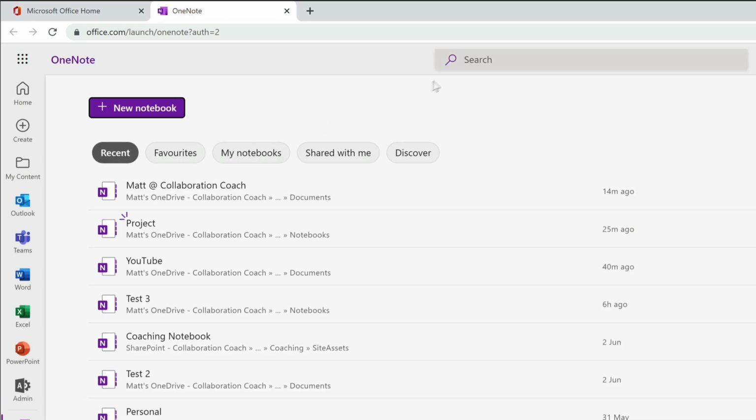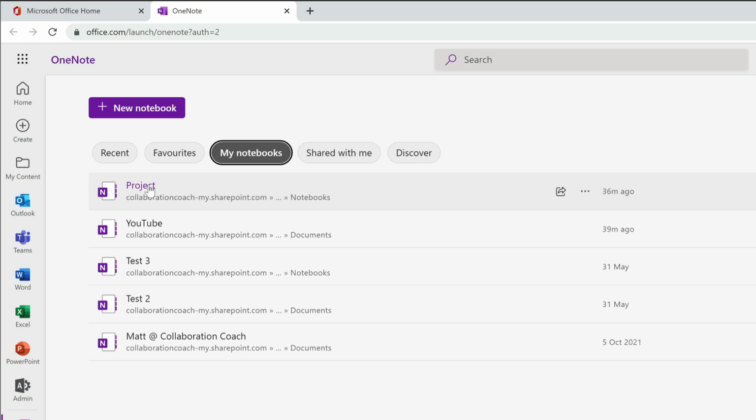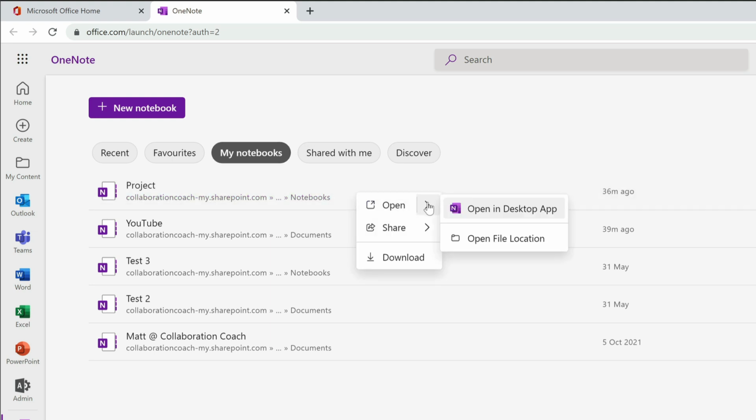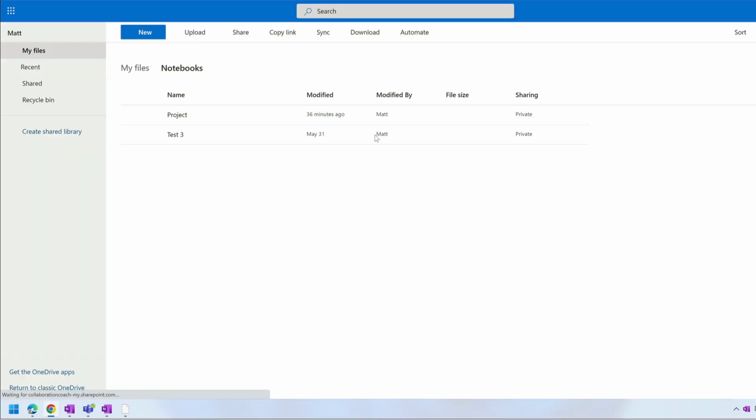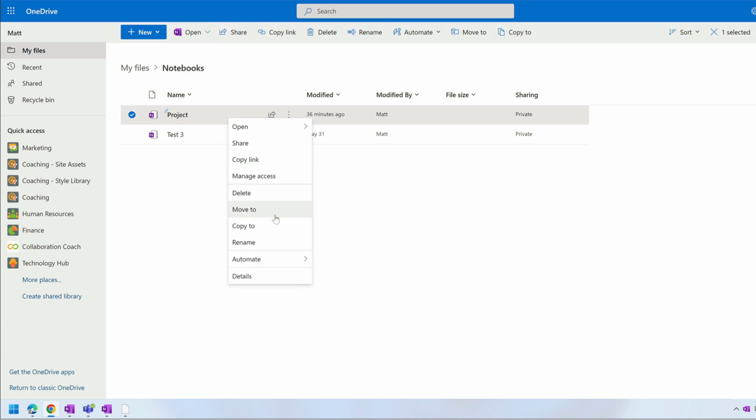Now I can filter this list by My Notebooks, and you can see the name there, and if you click on it, it's going to open the notebook, but below the name is a link to the location. You can also right click the notebook and choose Open File Location. That will take you to the folder that the notebook lives in. In this case, you can see that the notebook is in the Notebooks folder in My OneDrive. And you can see that in the breadcrumbs at the top here. And once you have the file, you can manage it like a normal file by moving, copying and renaming.